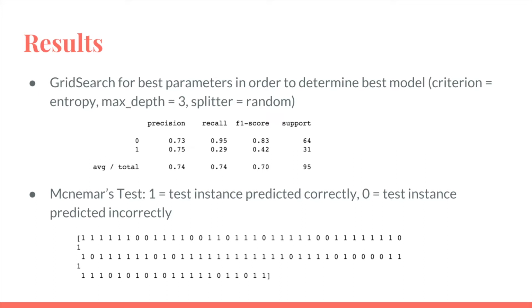After doing this, we decided to use McNemar's test as was utilized in one of the weekly labs. McNemar's test is used to determine, when there's a split in the data, whether there's marginal homogeneity. And like we did in the labs, if the test prediction was accurately predicted, we set it equal to 1. And if it was predicted incorrectly, it was set equal to 0. As you can see, these are the following results.